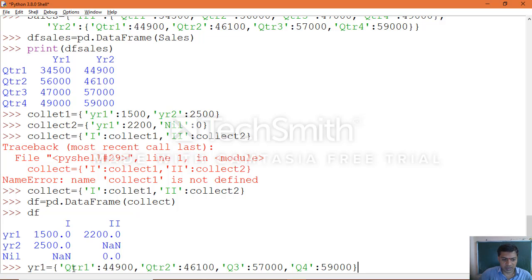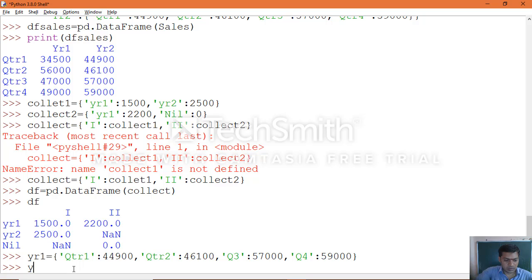In the same manner, year2 equals A value 54,500, comma, B value 51,000, comma, quarter4 value is 57,000.